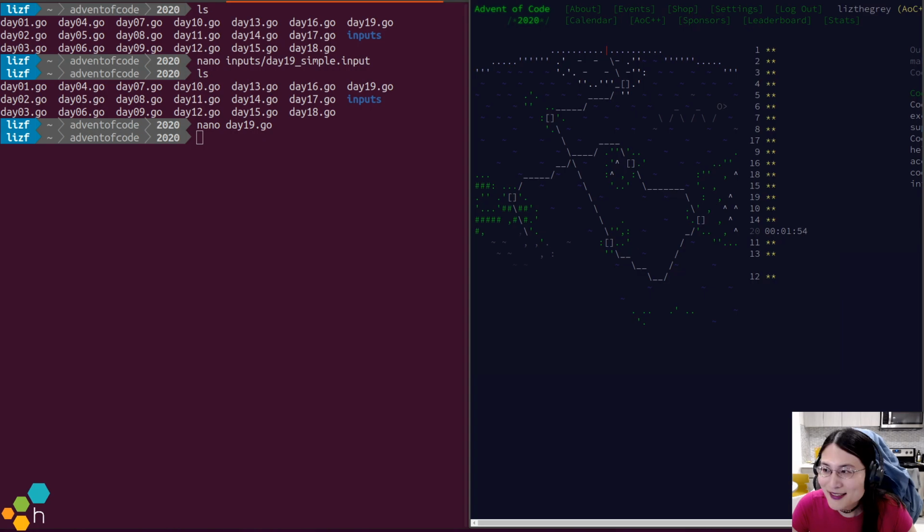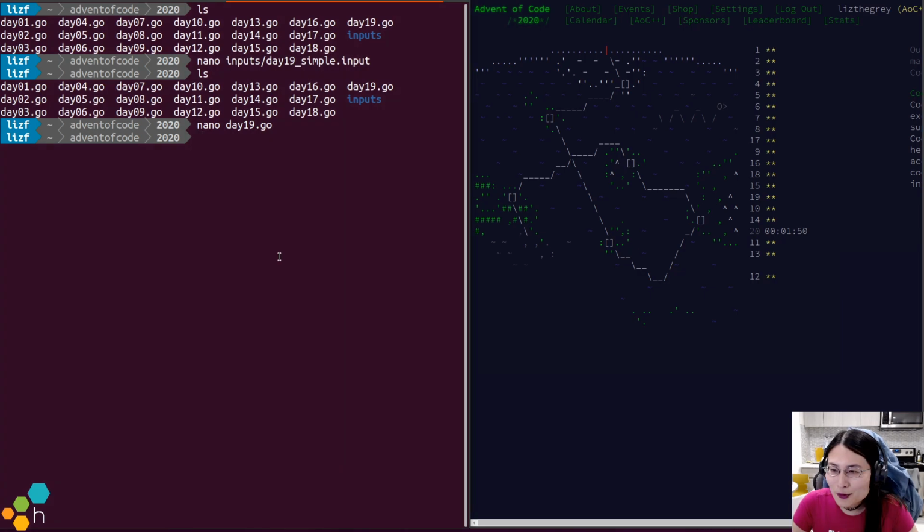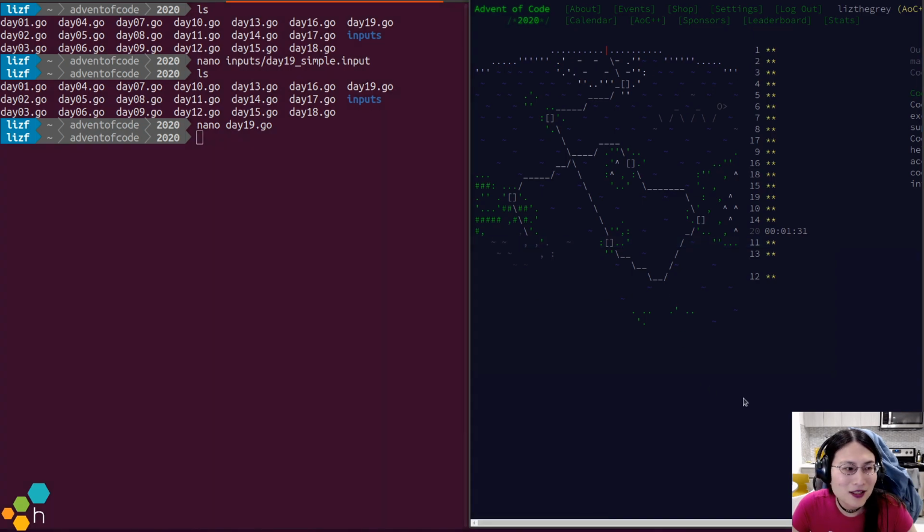And I just finished my day 19 a couple of hours ago. I'm feeling so much better than I was last night. Yeah, don't try to do puzzles while you have a raging headache. It ends really poorly. The thing that took me 20 minutes last night easily could have taken less than 10 minutes, and I was able to pretty quickly polish it off. So I'm feeling pretty happy about that. Awesome. Let's just go ahead and dive into this.